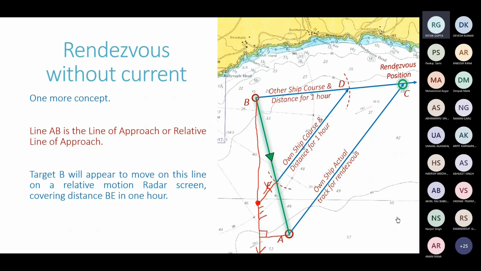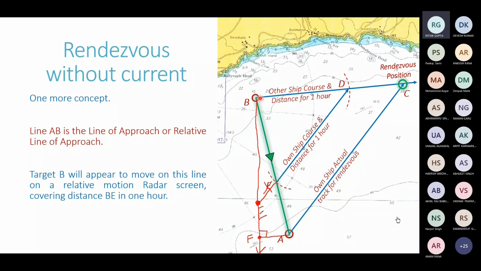Let's say this is point F. So from A, I have dropped a perpendicular onto the line of approach, and this meets the line of approach at point F. So this point F is the point where both the ships will be closest to each other. If you measure this distance Alpha to Foxtrot, AF, it will give you the CPA. So this distance A to F will give you the CPA, and you can also find out the time for